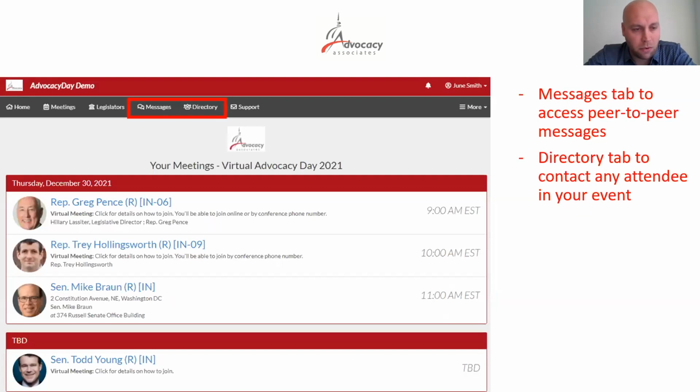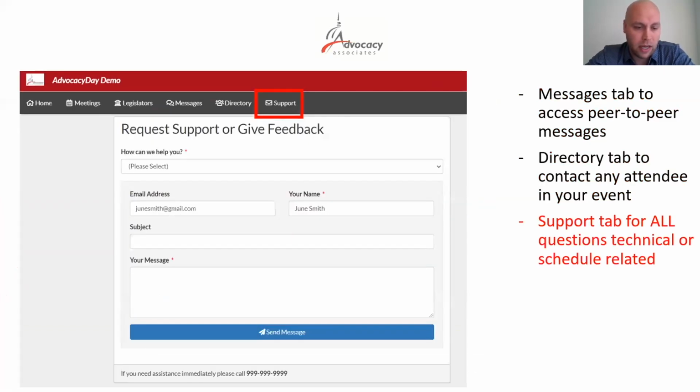The Messages tab will show all those direct peer-to-peer messages between yourself and other advocates. The directory will be a master directory of every attendee in this event in case you want to contact somebody outside your meetings. And the Support tab, I just want to spend a second here to highlight this again,